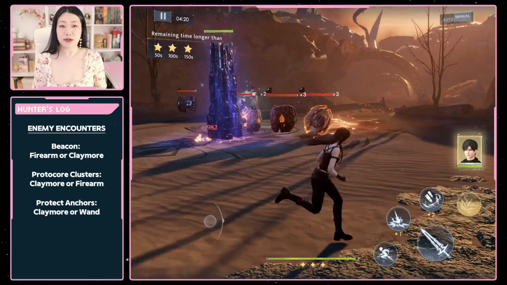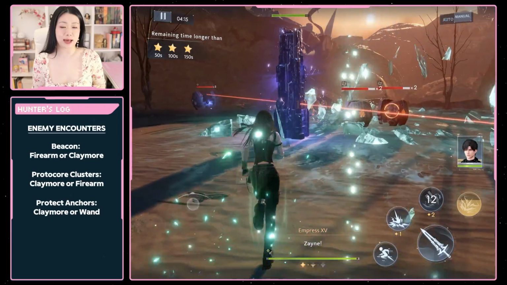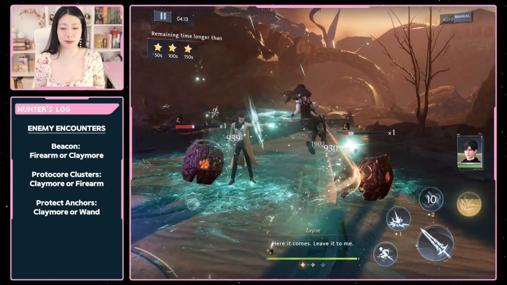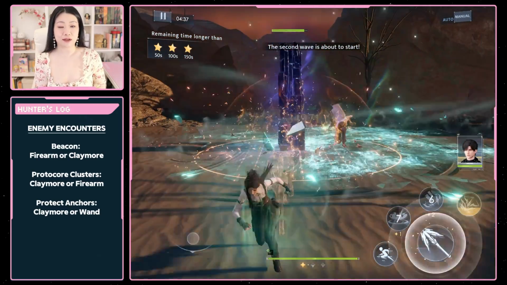pillar, and then attack. Claymores have control effects from the charge basic attack, so even though they're so close to the pillar, you don't have to worry that much about it crumbling because you are knocking the mobs back so often. Alternatively, you can also use wand and make sure anytime you use your active skill, you've grouped up the